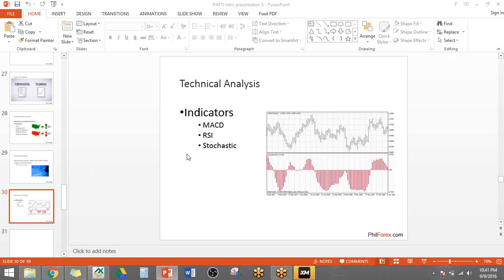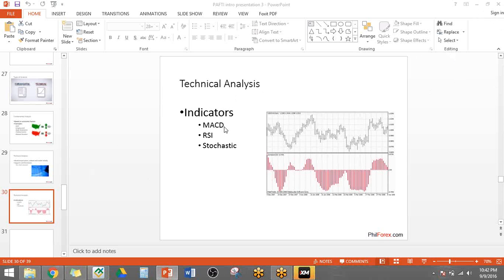You have moving averages. I'm not going to discuss MACD anymore. Let's just go with moving averages. I think it's much better than that. You have RSI, and then you have, let's not go with stochastic anymore because it's pretty much the same thing as RSI anyway.